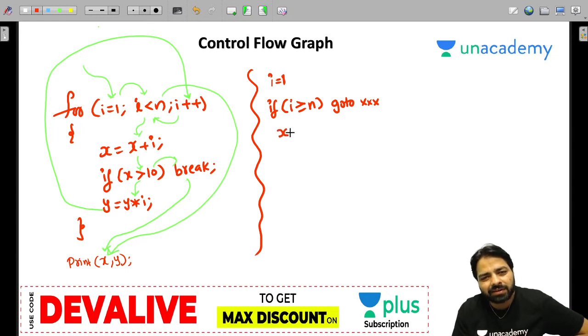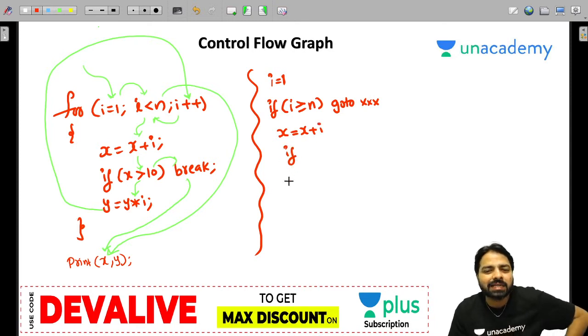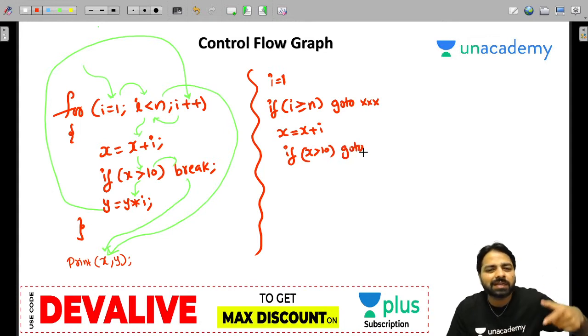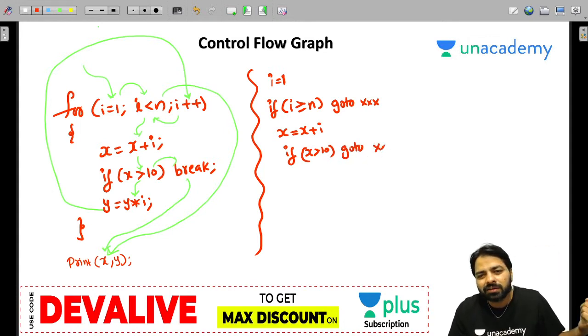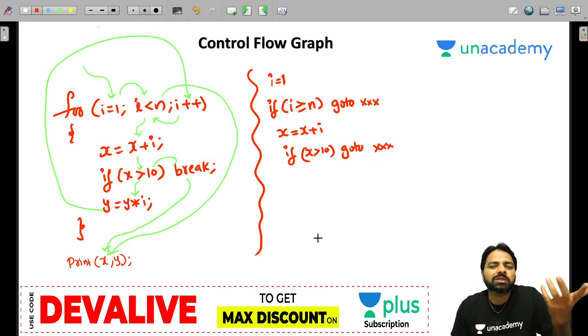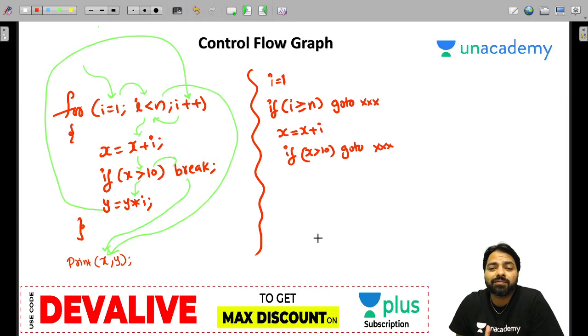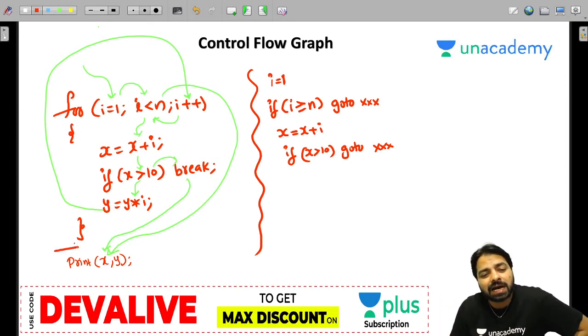if i less than n, we will come down, x is equal to x plus i. Here if x greater than 10, we will break. So we will jump to some statement. If x greater than 10, definitely it will go to which statement? Same triple x. Because it's just going to execute from wherever the for loop fails, exactly the same place, that is after the for loop.